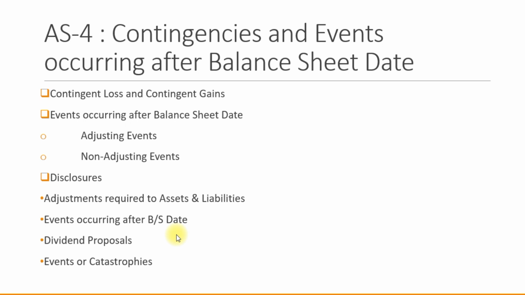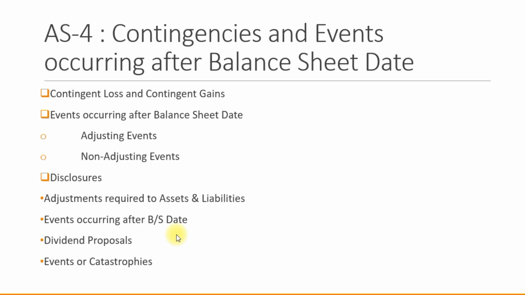Now, what are contingent loss and contingent gains? If it is reasonable to assume that a contingency will result in a loss to the enterprise, it is a must that adequate provisioning be made for that loss. If there is insufficient evidence, suitable disclosures should be made in the financial statements or in the balance sheet. A potential loss may also be reduced by a counterclaim, where the amount of provision takes into account a possible recovery under a claim, where measurability exists with no significant uncertainty.